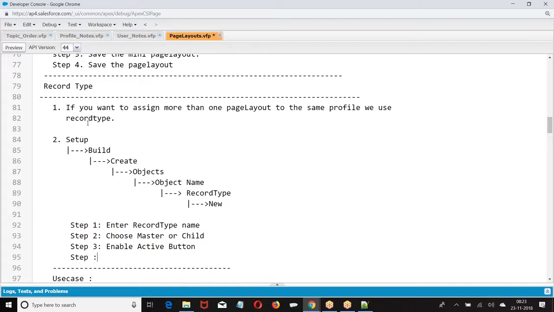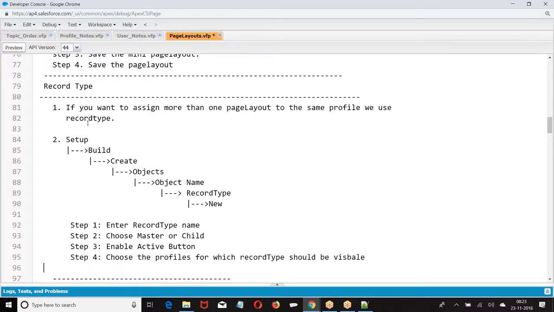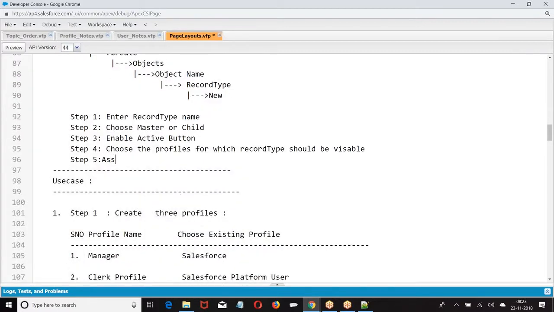Then choose the profiles for which the record type should be visible. Then assign the page layouts.